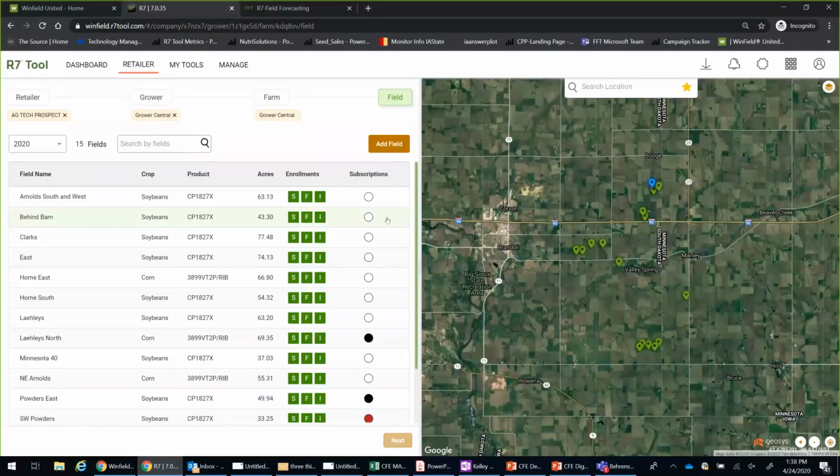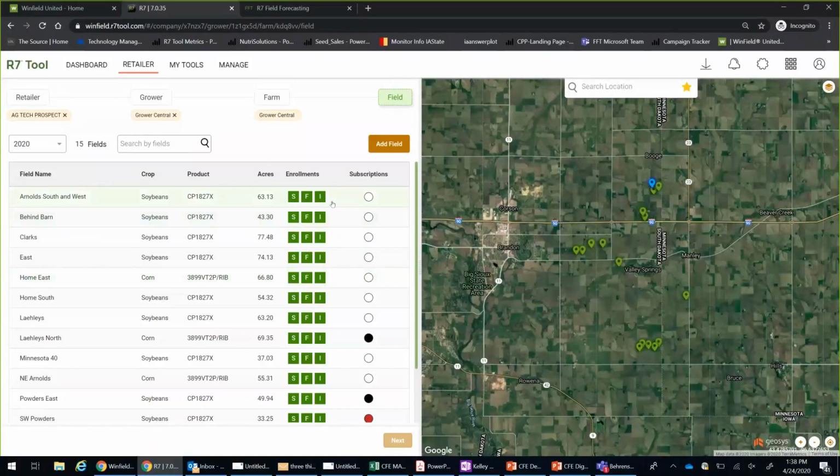Obviously right now, we're in the April timeframe of 2020, so nothing of ours have been planted. These are fields that we have at our place. And so I wanted to just give you guys this as an example. All of these hybrids and varieties were just thrown in here for this demo purpose as well. But you can see again on the right hand of the screen, each of those green pins are where these fields are. The blue pin is where that customer lives. So that's our home place from that perspective.